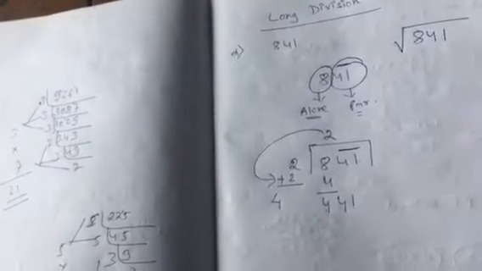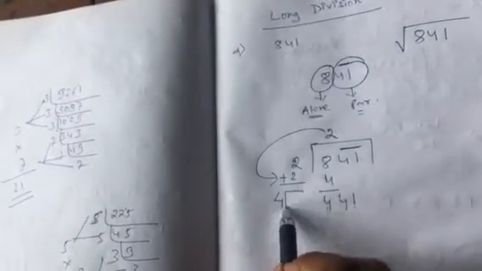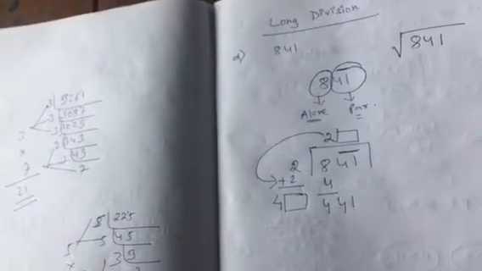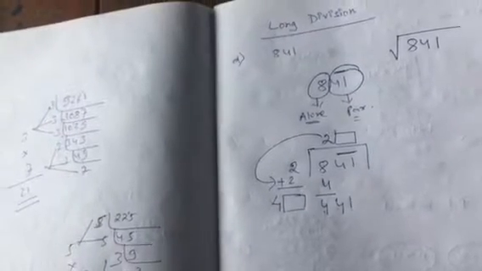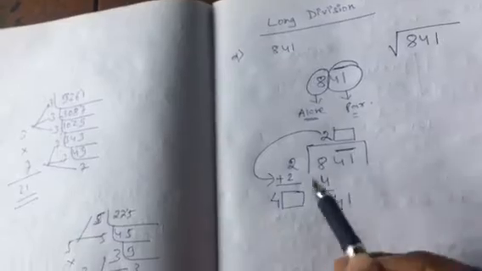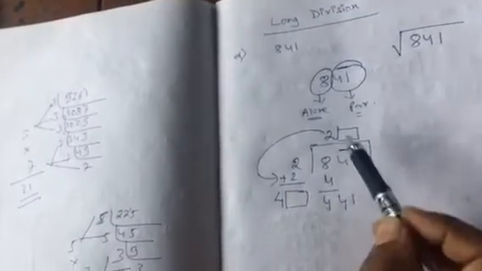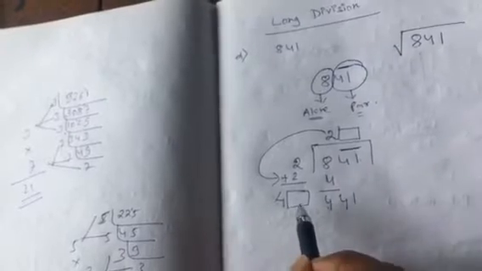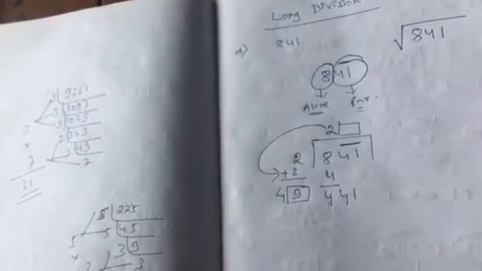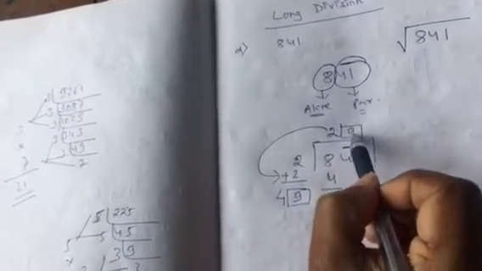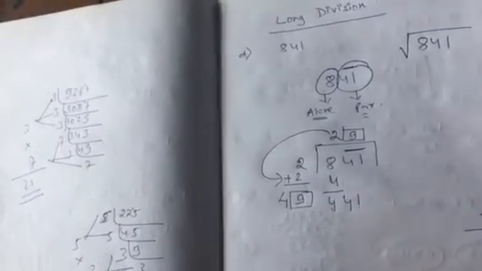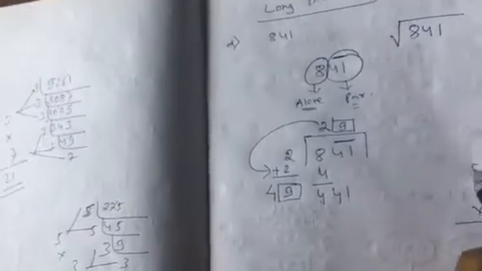Now again the same theory will be repeated. I have to write one number here and the same number here. So now if I write here 1, I need to write here 1. So 41 ones becomes 41. It is very less. So for this question it will be 9. If I take 9 here, then I need to write 9 here also. So that means it is 49 into 9. 9 9s are 81, carry 8.